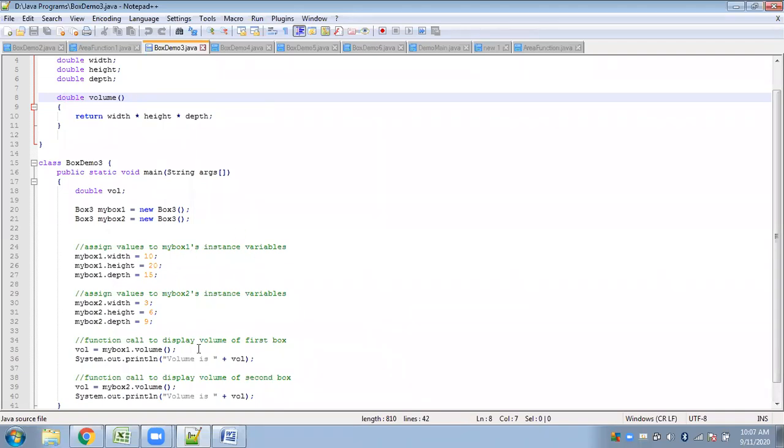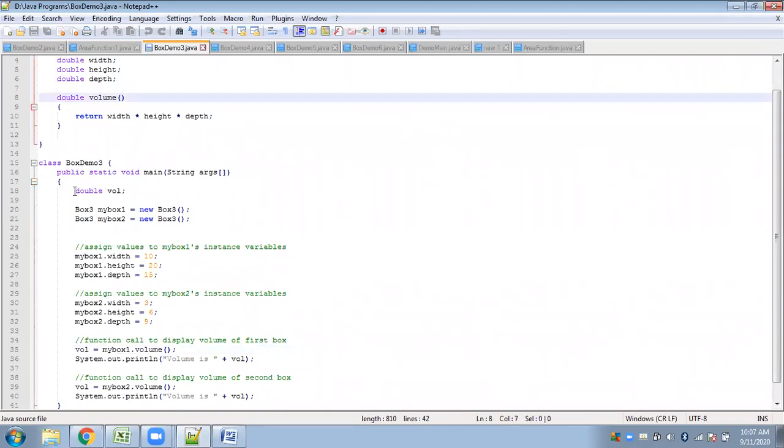In our example we have main as the calling function and this is the called function. The result will be returned back to the calling function. If the calling function wishes to store the result in some variable, that variable must also have the same data type as the return type.